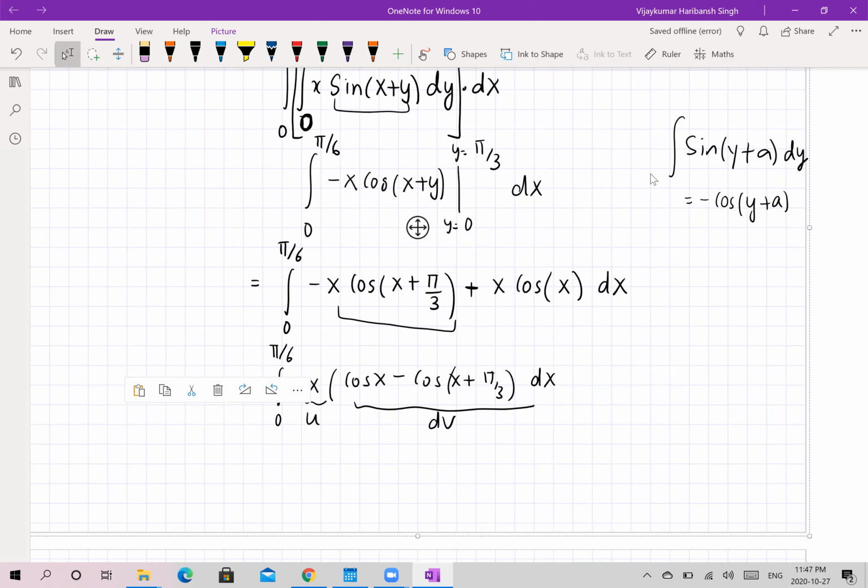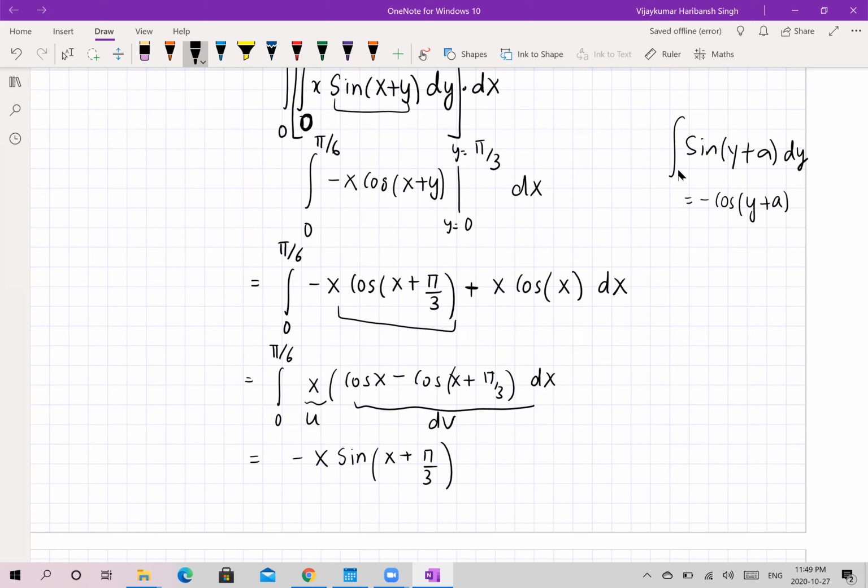So this is going to be x times sine of x plus pi by 3 minus cos of x plus pi by 3 for the first part, and for x cos x we get plus x sine x plus cos x, and you put limits from 0 to pi by 6,